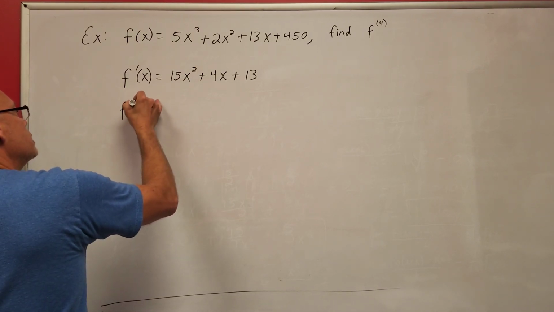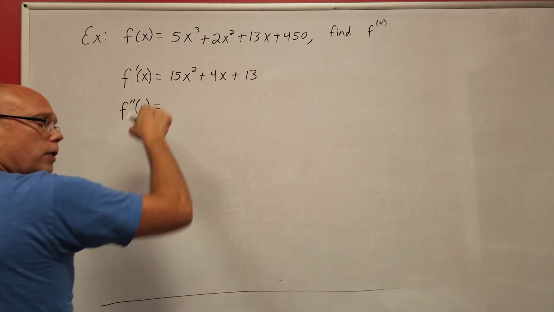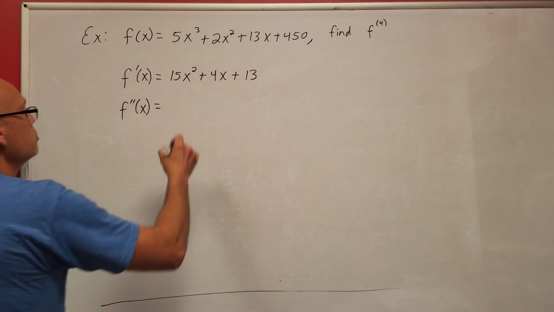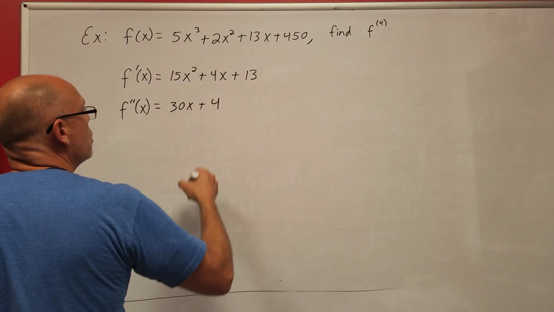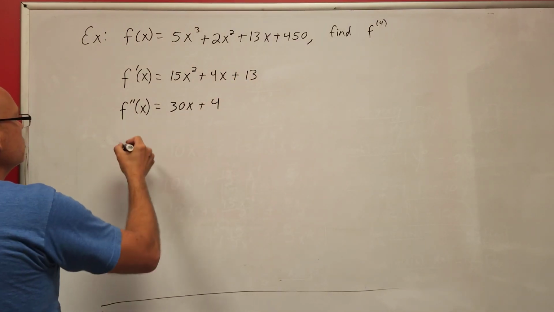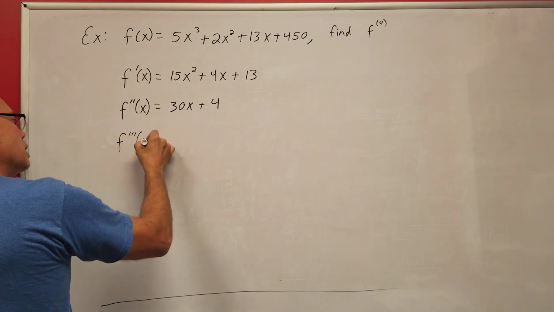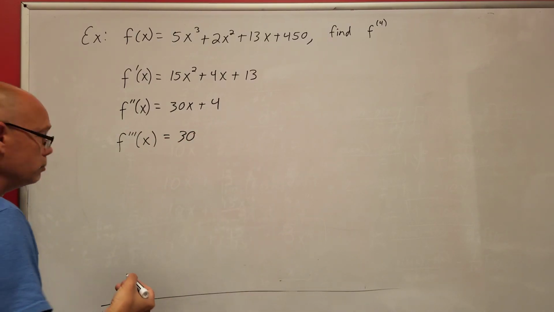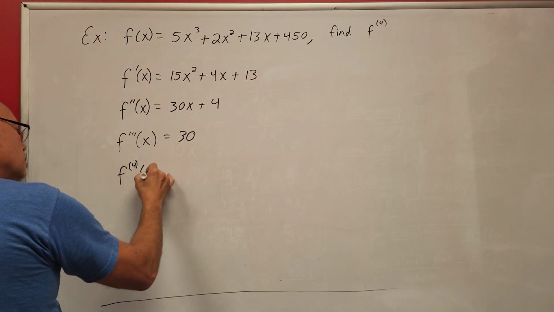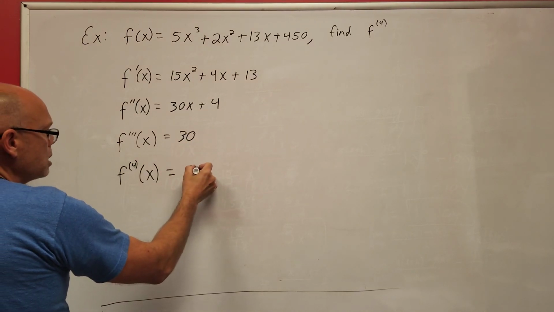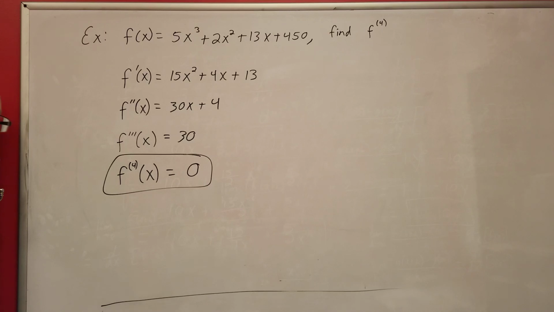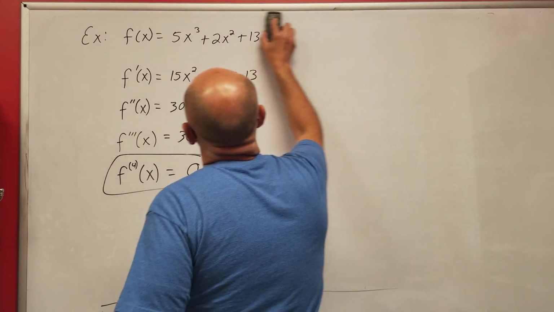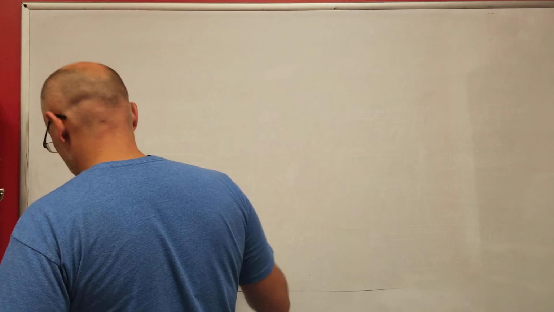Let's look at my second derivative, f double prime of x. Take the derivative of your first derivative, and that gives you the second derivative. So we get 30x plus 4. Remember, that's just 0, right? To get your third derivative, take the derivative of your second derivative. So that's 30 plus 0, or just 30. My fourth derivative will be the derivative of this third derivative. What's the derivative of a constant? 0. And actually, anytime you have a polynomial, if you take the derivative enough times, you're going to get to 0. Enough times here was 4. All right. What about